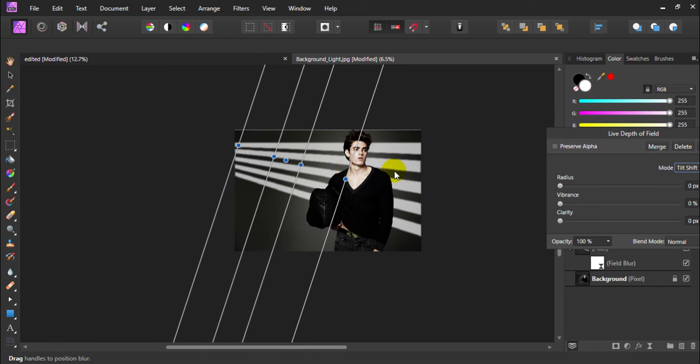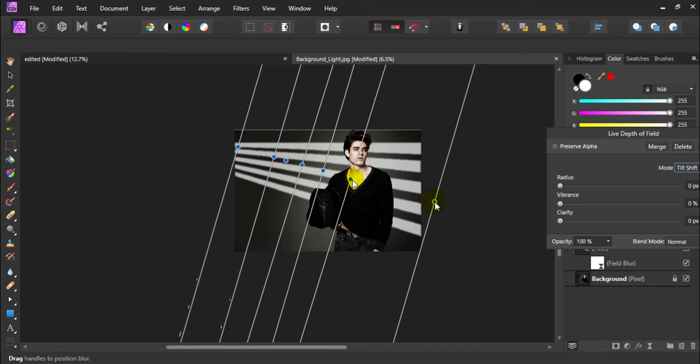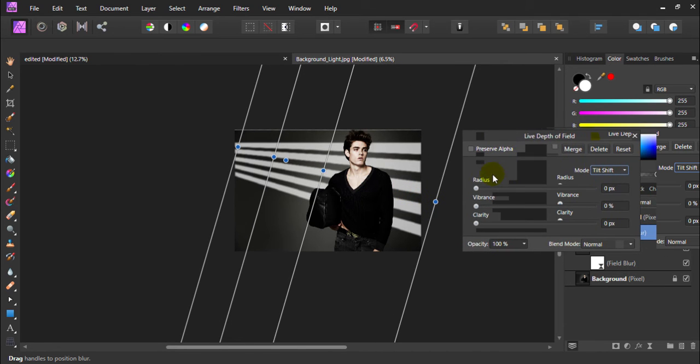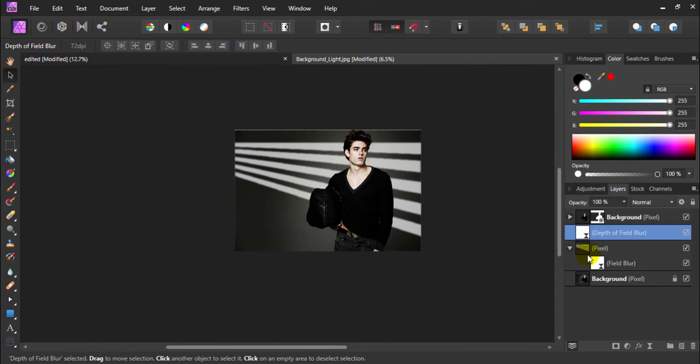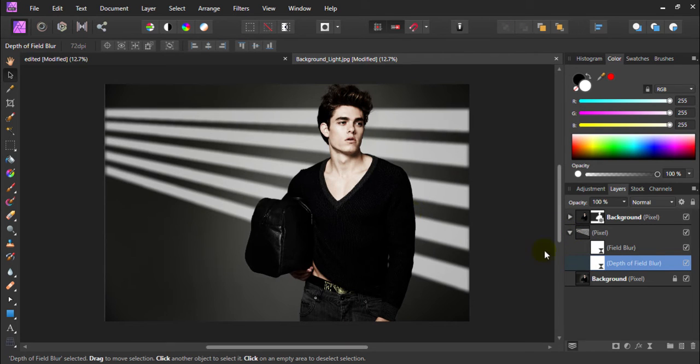Okay, so just set a tilt shift like this and increase its size and then increase its radius as well. Okay, as you can see that our light has all been blurred. Okay, increase the radius as you like and I think that's fine. Just hit the close icon. Okay, we have to have the blur filter here. Okay, we don't want to have blur filter outside of the pixel layer. Okay, so now resize the image by pressing Ctrl 0.